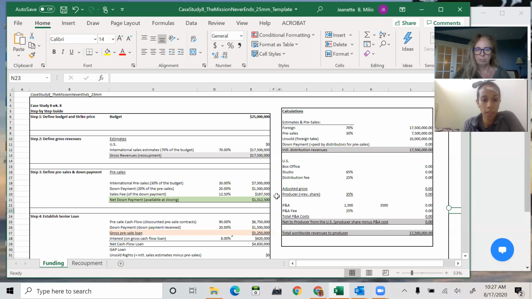So we took pre-sale cash. Did we sell pre-sale cash flow? Did we sell 6.7 million? No, you're actually selling 7.5 million. Because what you do with the bank has nothing to do with it. That's just for you to make money off what you're selling, right?